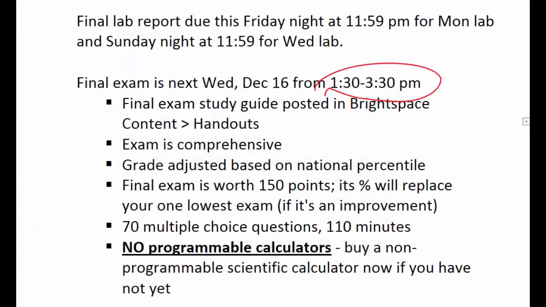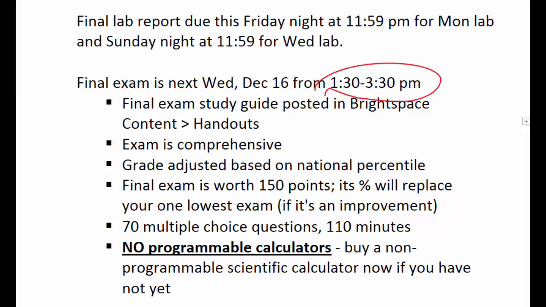What are the other things that I said here? The exam is comprehensive, so take a look at its study guide, but if I were you, I would also take a look at the exams 1, 2, and 3 study guides that I put out on there, and go back to those exams to see if there were major places that you have gaps in. Okay, you can use that to prioritize the types of things you want to be studying between now and then. I talked about the percentile.